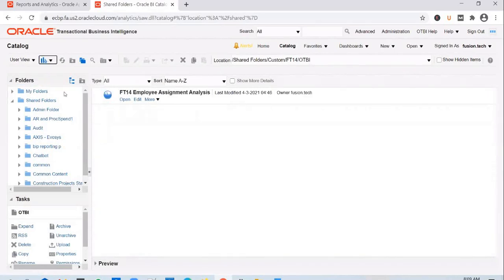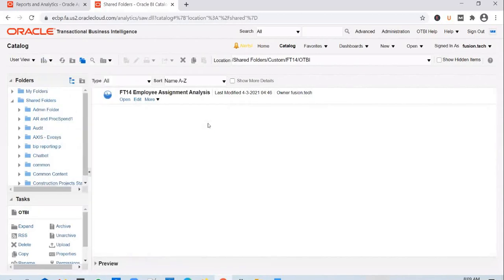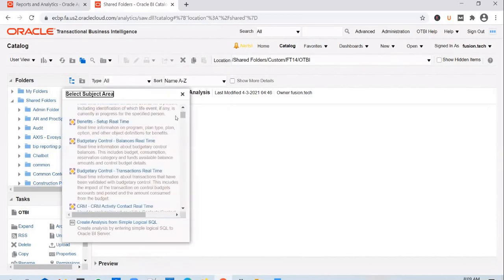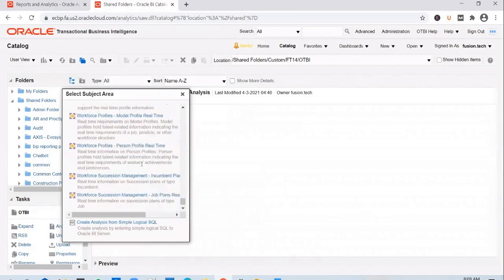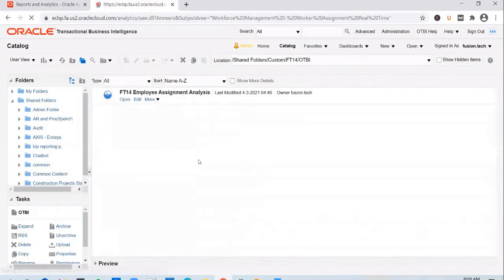OTBI, create a new report. Again select the analysis and the subject area. It's again the same subject area because we want to print the percentage of workers by gender. So scroll down and select the same subject area: Workforce Management, Worker Assignment, Real-Time Metrics.